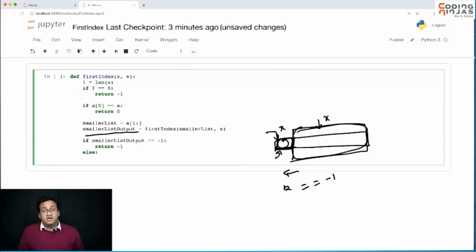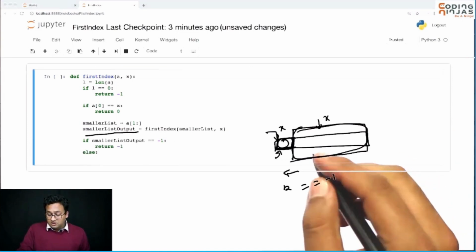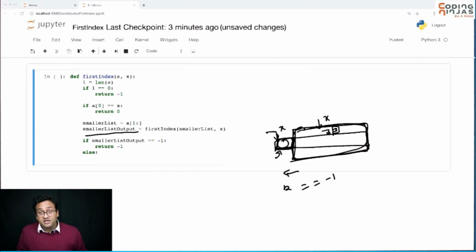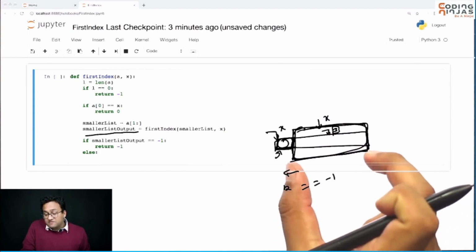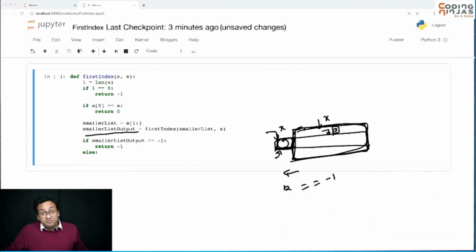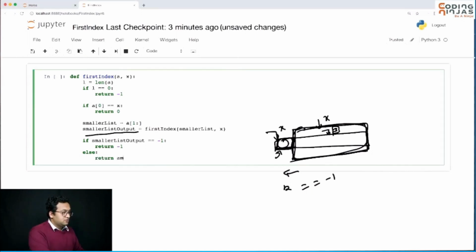Else, if it's not -1, that means you have found x somewhere. Let's say we found the x at location 3, index 3. The index 3 is specific to the smaller list. It's with respect to the smaller list. That means you need to return this +1, because you have another element in front which you have not accounted for, so you need to account for that as well, and the index in the total list becomes smaller list output +1. Okay,